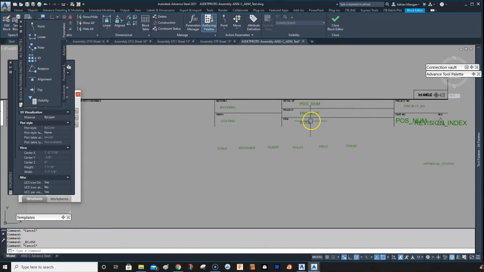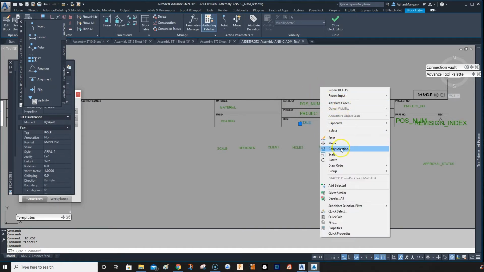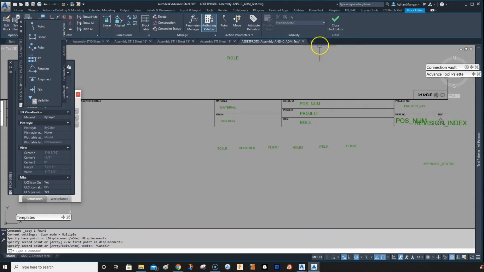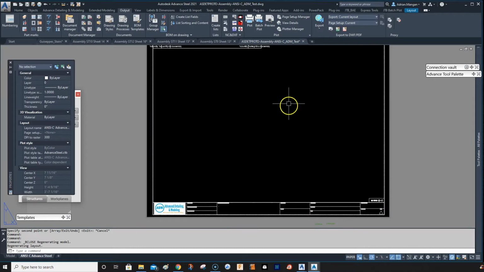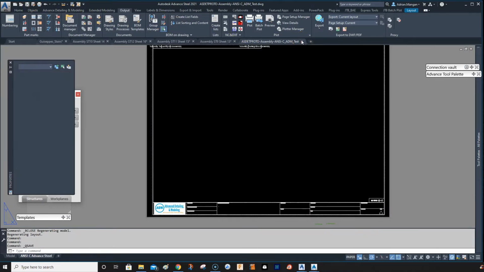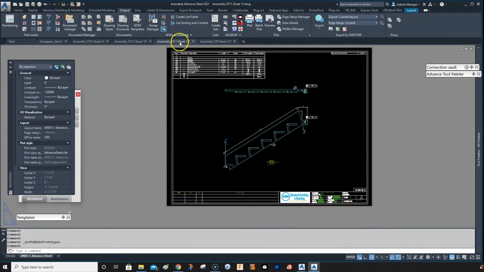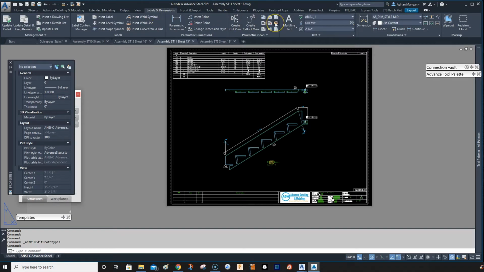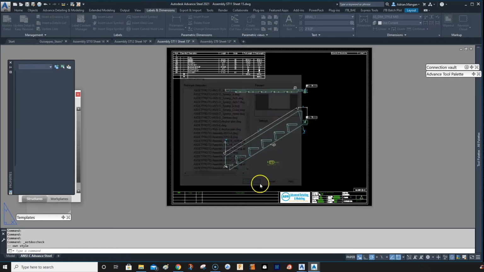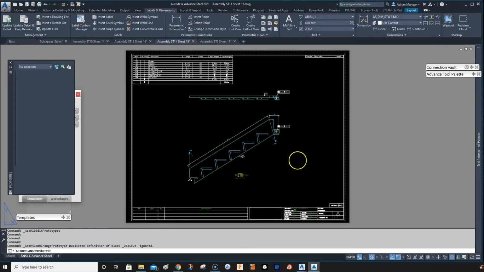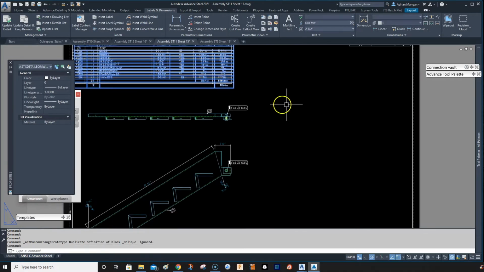So what we can do is, if we copy this up here, save, and then save that, close, go to this ST11, labels and dimensions, and go to change prototype file, and then we want to pick the ADM test, OK, and it'll switch it. Now just delete the extra